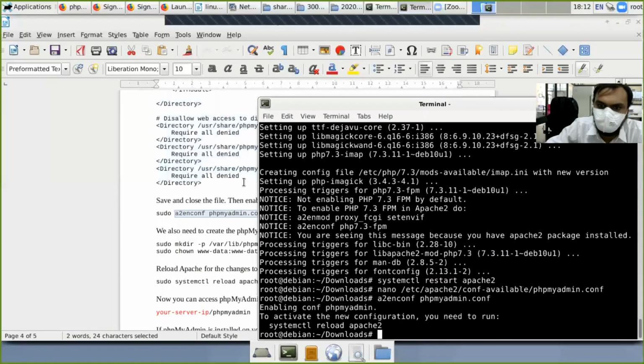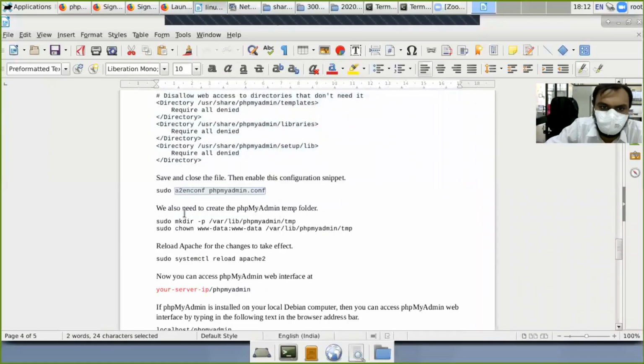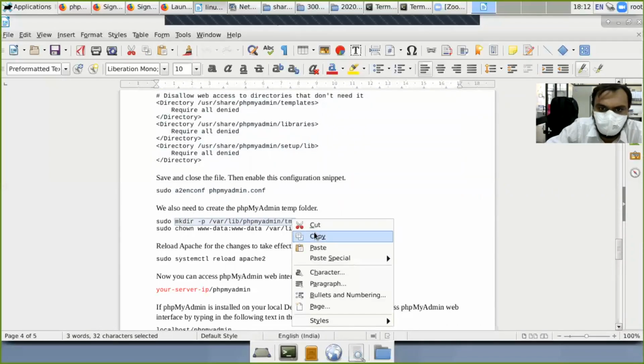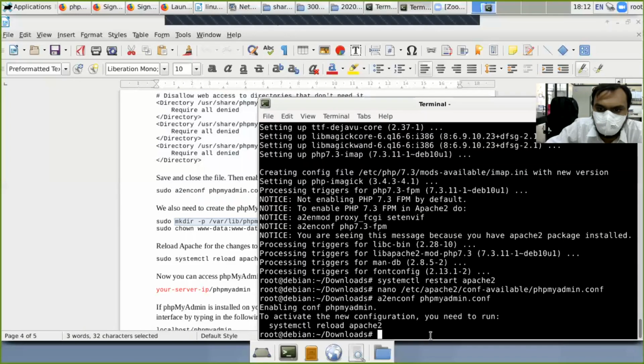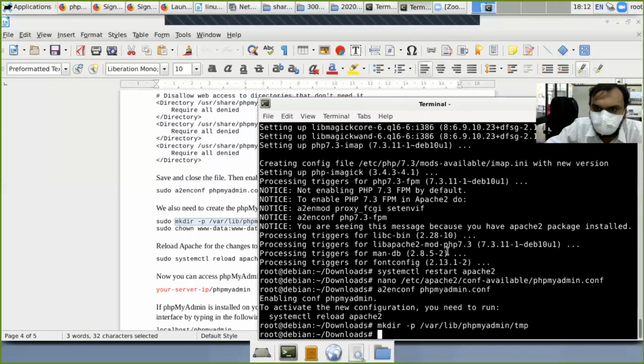Now you have to make a directory. You have to make the phpMyAdmin temp folder, so mkdir will make it. So just copy this command, paste it and give it permission.